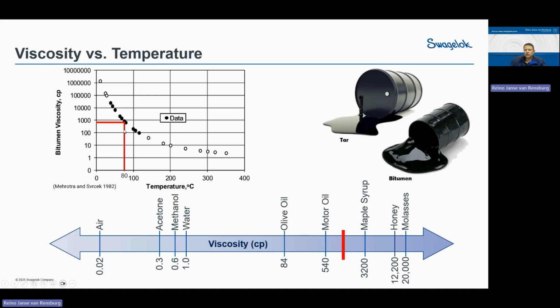So you have to get to a point where you can still sample it at a safe temperature, but it needs to be flowable so you can actually sample it. And then you can see as we go to 50, how that viscosity increases to basically 9,000 centipoise. So as the temperature drops, it just goes up and up. And then lastly, when you do it at 20, you're basically at 120,000 centipoise.